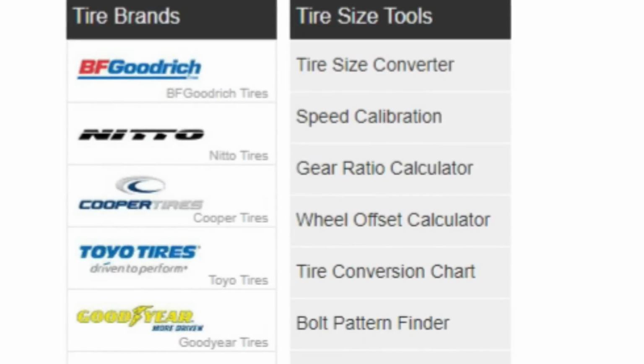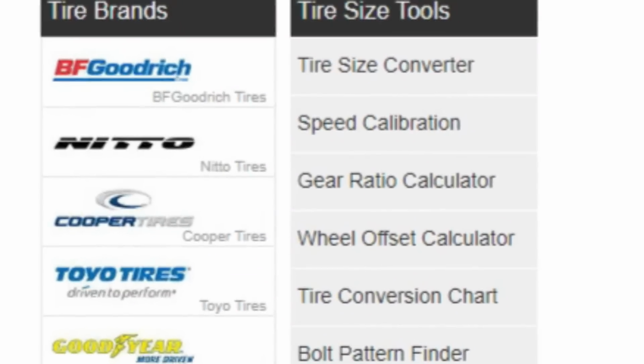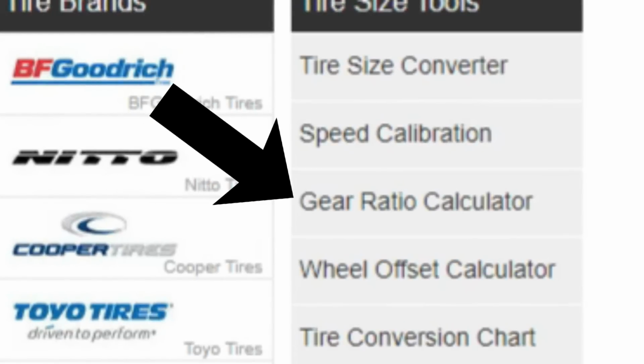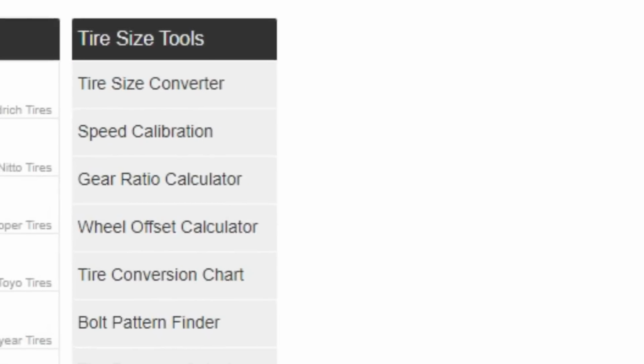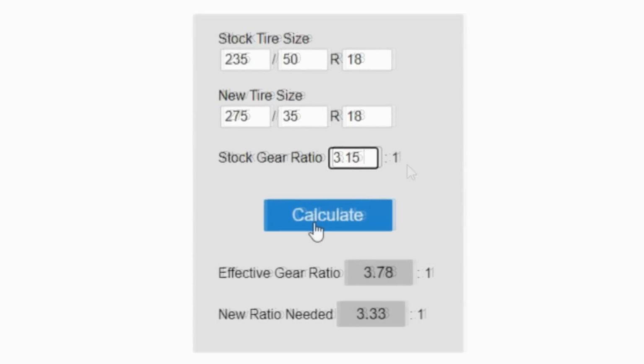As expected, changing the tire diameter changes the effective gear ratio. In other words, a tire diameter change has an equivalence to a gear ratio change. Tiresize.com has that covered. Just select the gear ratio calculator shown here and enter the diameters involved, click the blue button, and presto. You can see here that our 275 by 35 tire has dropped the gear ratio from the